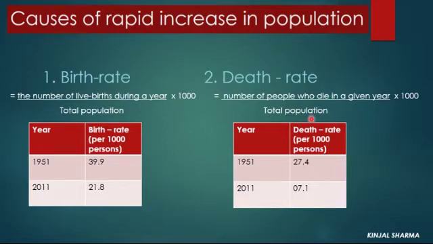The main causes for this fall in death rate are control of famines, improvement in quality of life, nutritious food, and improvement in medical services. Because of that, the death rate has decreased. Then the spread of education and improved medical science. Because of medical science, many lives are saved, so that is also a main reason for decreasing death rate. And research in the field of surgery, and control of infectious diseases.